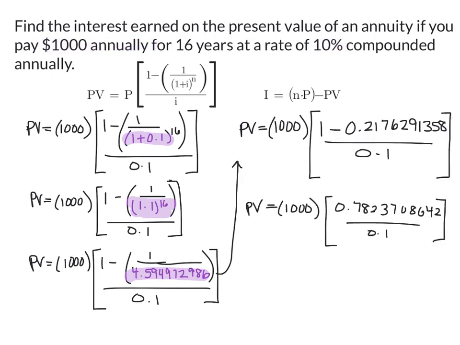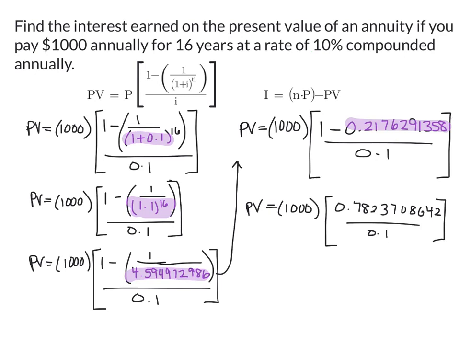Now, you'll write that number down, 4.594972986, clear your calculator, and then do 1 divided by that number and type that decimal number in. You should get a decimal of 0.2176291358. Next, you'll write that number down on a piece of paper, and then clear your calculator and do 1